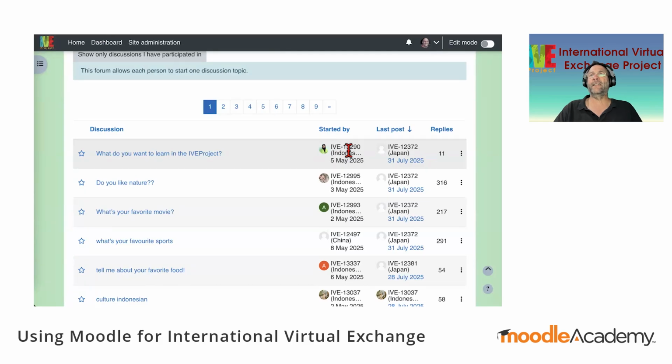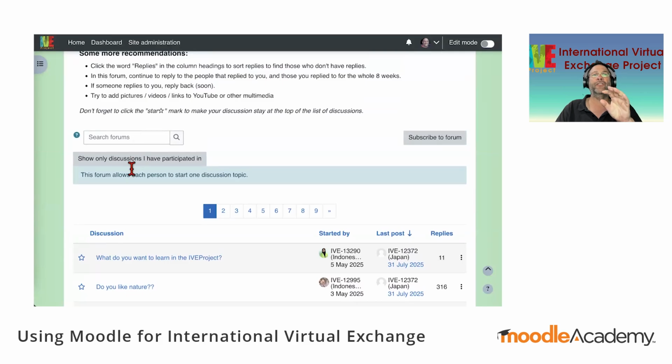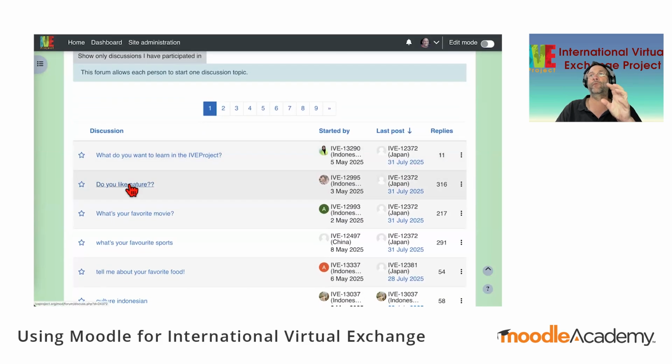But you can see that each participant, when they participate, has just their first name and their country showing. So we keep the privacy quite well, I feel.